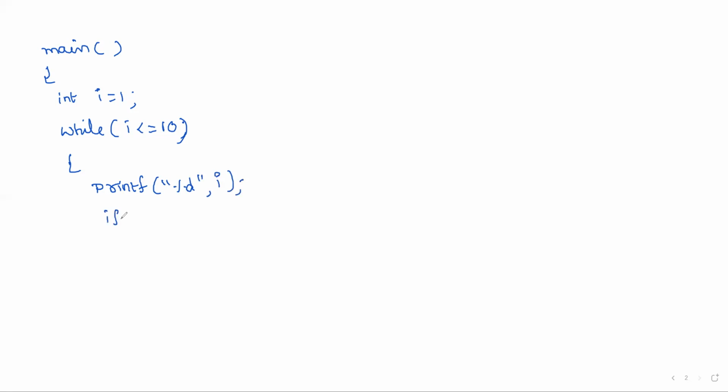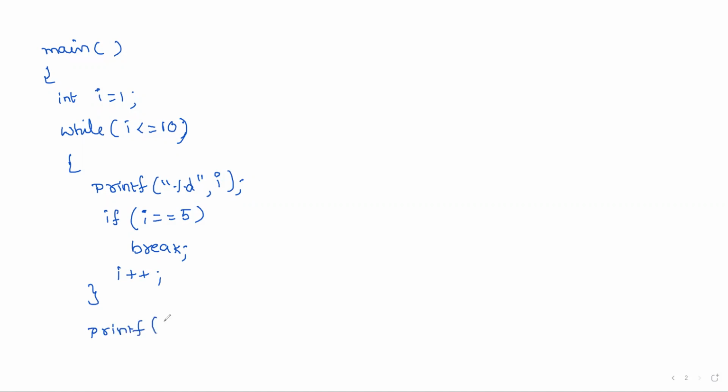main, int i = 1, while i less than or equal to 10, printf percentage d comma i, if i is equal to 5, break, i plus plus.